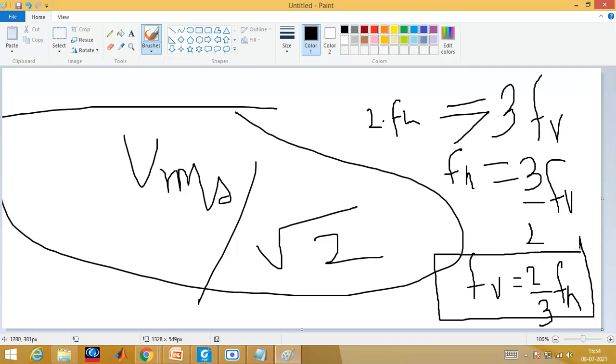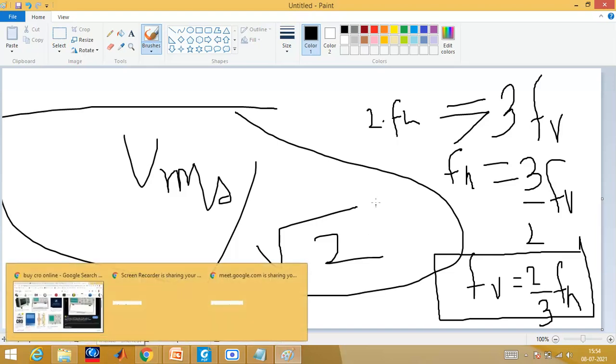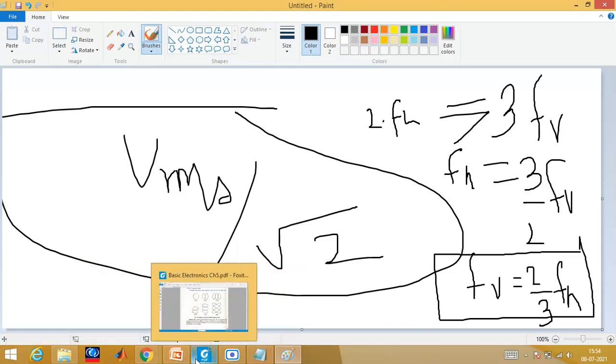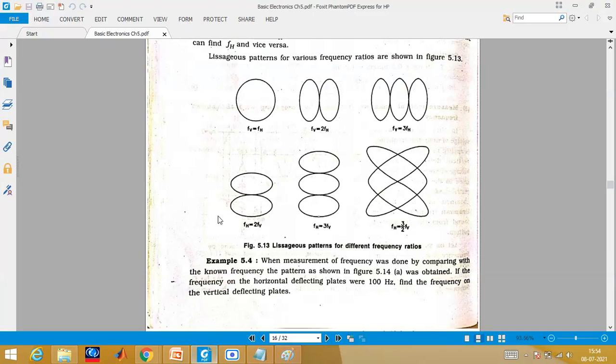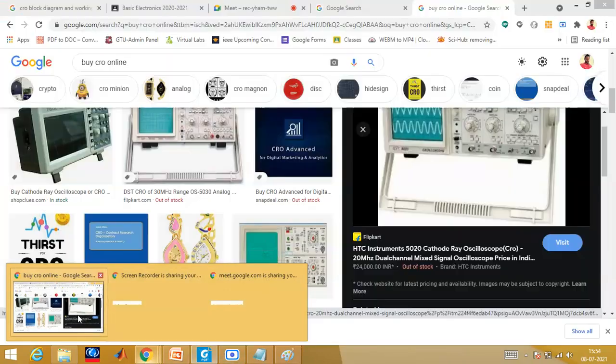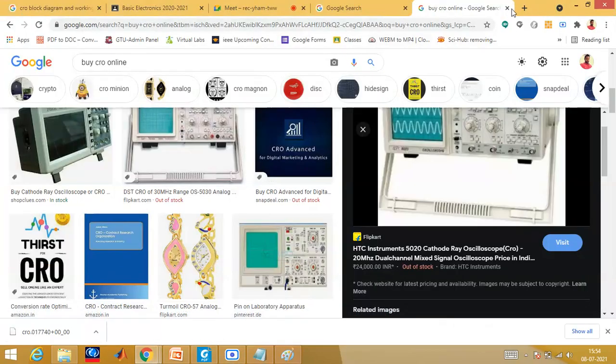So they can give you any shape. Based upon the shape, just draw a line and try to find out what is the value of NH and NV, and choose the right option whatever is given in your exam. Okay, I hope this is clear to everyone. Can one of you say yes or no? If it is not clear, I will explain once again. Yes, sir. Yes, sir. Okay, fine.